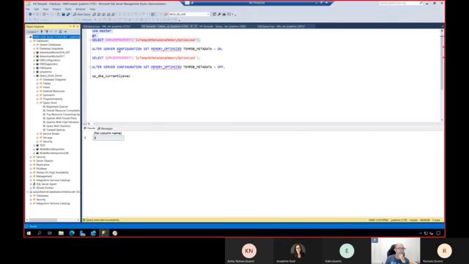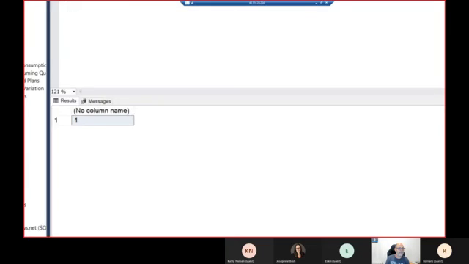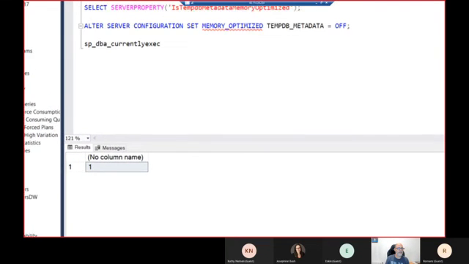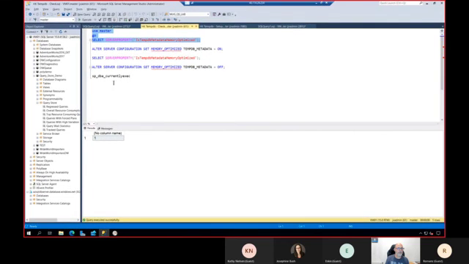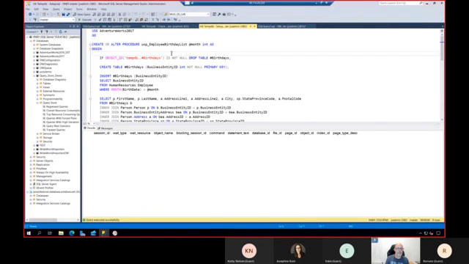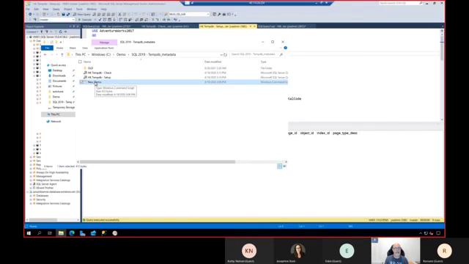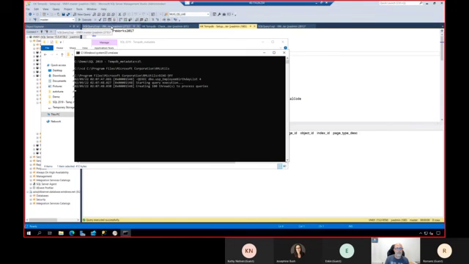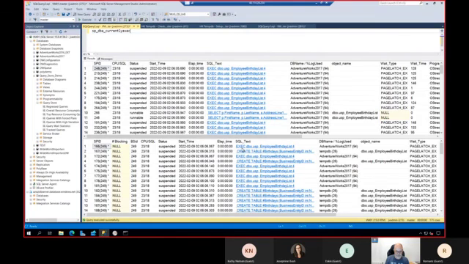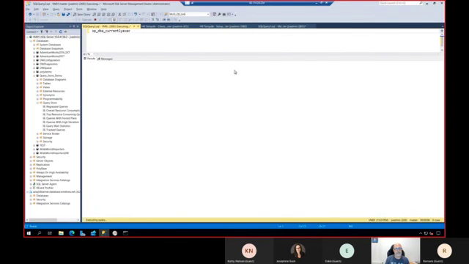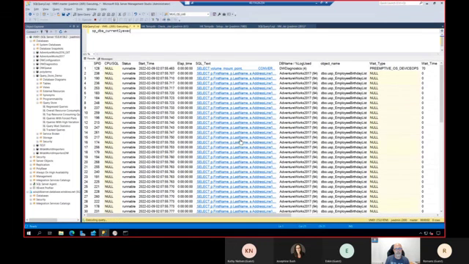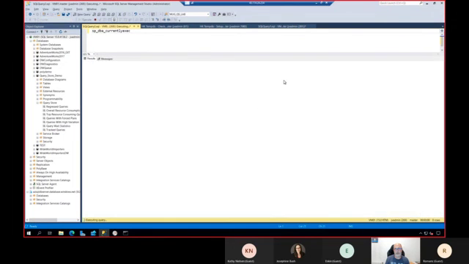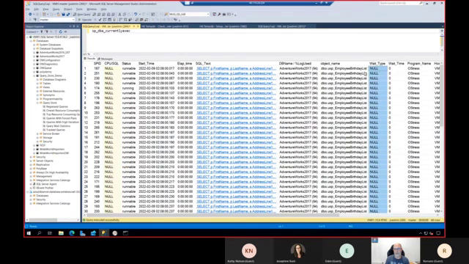See what I got. If I execute this now, you can see that the TempDB metadata is enabled. So what I'm going to do next is, again, I have the stored procedure. I won't apply it again, but again, no code changes. I will execute the stored procedure again multiple times, right? But now, if I go here to check the execution, you see that there are not going to be any blocks. It's always executing. There's no blocking, there's no wait.